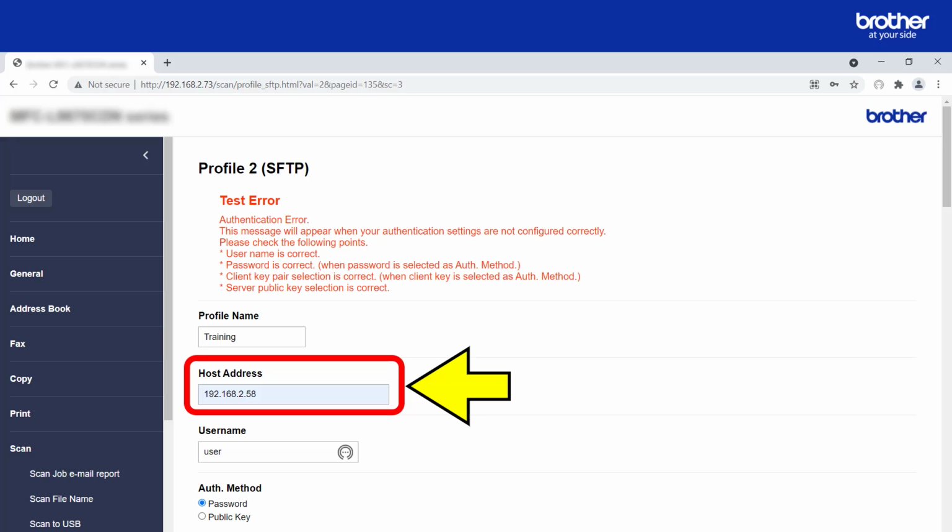Using the IP address, however, is only recommended if the SFTP server has been statically assigned with one. This is because if the IP address changes, in other words, it's dynamic, your configuration might start to fail. Therefore, if you cannot use the IP address and have established a DNS related problem, please consider changing your Brother device's DNS settings. For help, there is a link now on your screen.